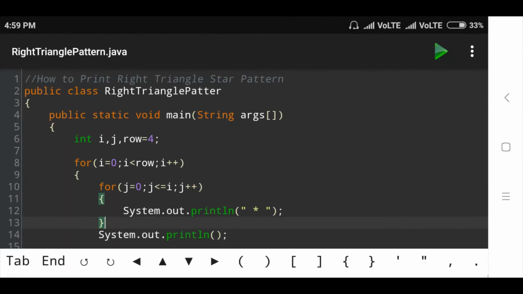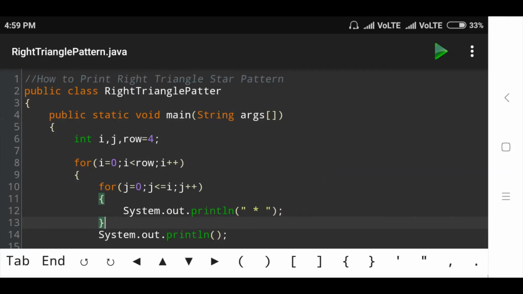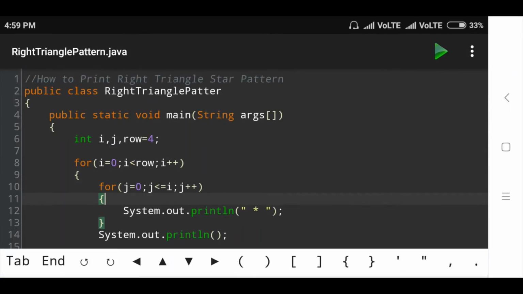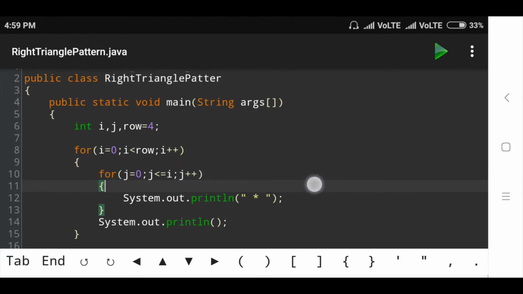Now see here, I will take row value 4. Outer for loop for rows and inner loop for columns, i for rows and j for columns.